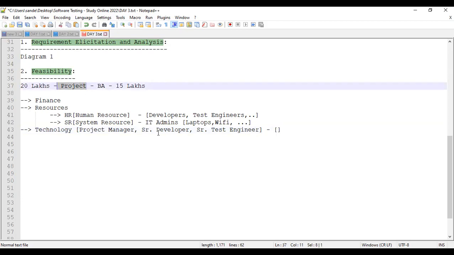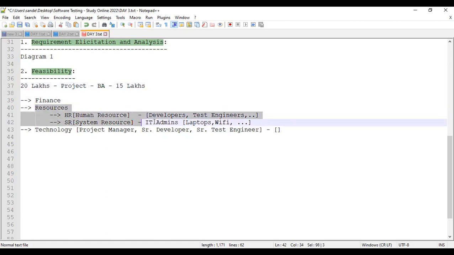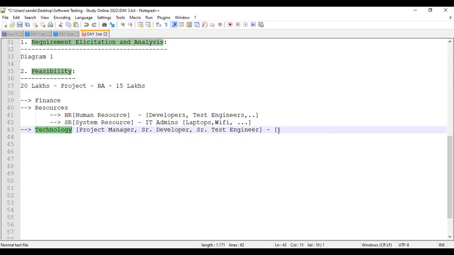Forget about money. Okay, first, money is approved by the finance team. Yes, we do have the money. You can just go ahead. That's what they will tell to BA. Next, resources team will tell, yes, we do have the proper resources. You can go ahead. This technology people, what they will tell, see, in our company, we are having the developers